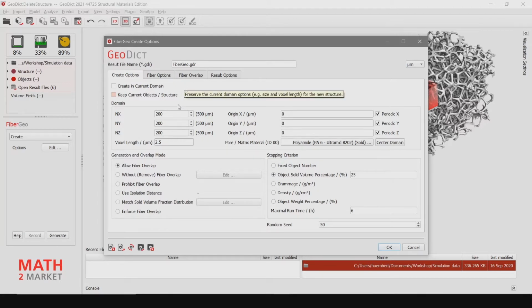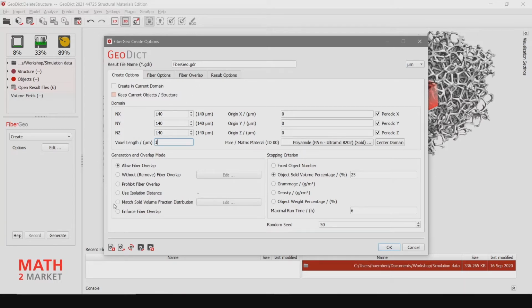We are going to change that to 140 by 140 by 140 voxels, and we change the voxel length to 1 micrometer. That then leads to a domain size of 140 by 140 by 140 micrometers. We do that because I want a fast fiber generation for this workshop, so that you can also do it on your computer without waiting too long.